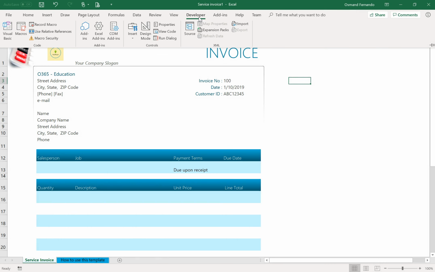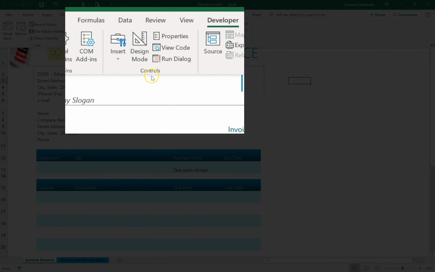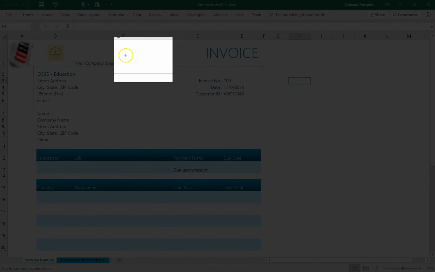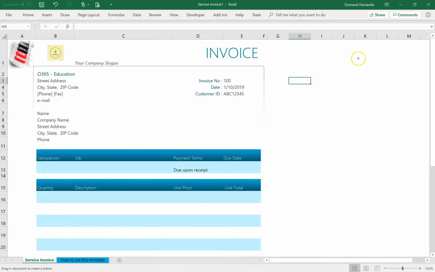After having that, you can see under Controls this Insert option, Insert Controls. There you can see a drop down. Select that drop down and find the first one, that is the Button. Click on that button, and you can see the cursor has changed, indicating that we can draw a button. Come over here, not in the report area or the document area, but somewhere outside it,